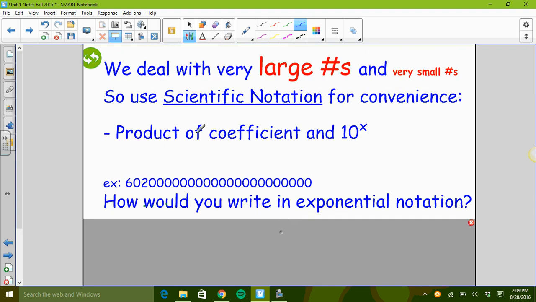Scientific notation is something you're probably familiar with, and it's just a trick for us to not have to write as much. Generally, it's going to be dealing with large numbers and small numbers and writing them in a convenient way. So this very, very large number is ridiculous to write out over and over again. So what we need to do is find a coefficient to be the beginning number, and then we're going to multiply it by 10 to some exponent in order to give us the correct quantity. So take a second, pause the video if you need to, and go ahead and write this in scientific notation.